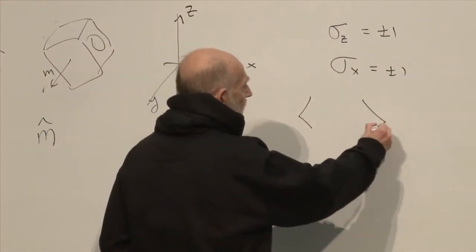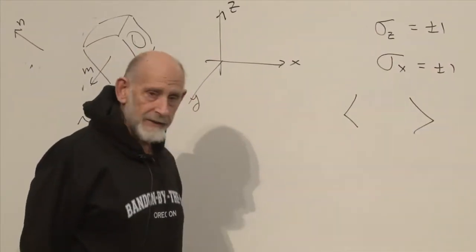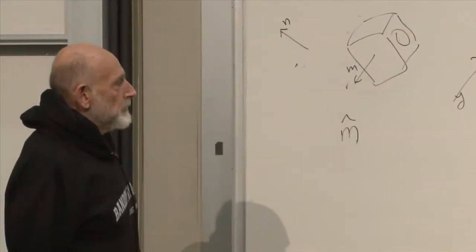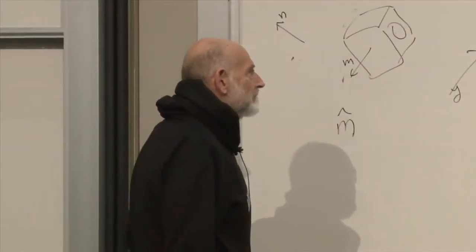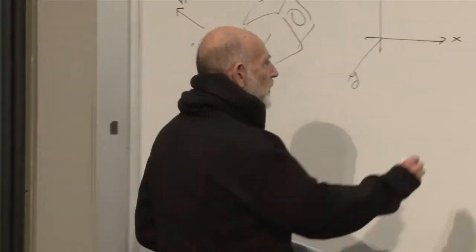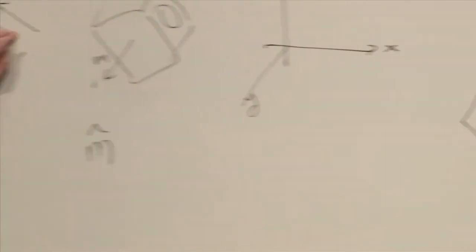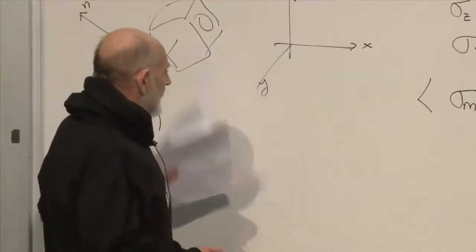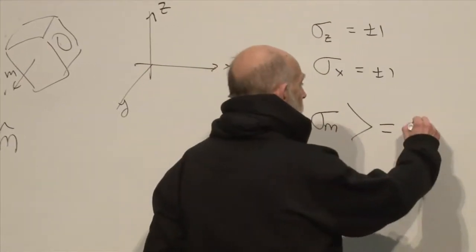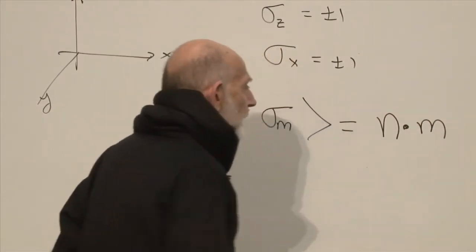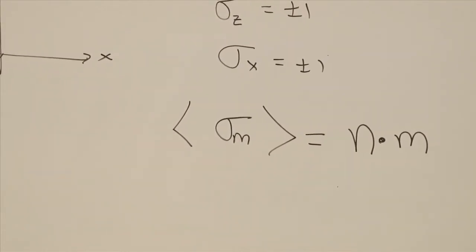The symbol for averages in quantum mechanics is a pair of angular brackets like this. This one is called the bra, this one is called a ket, and the whole thing makes a bra-ket, which is British for bracket. Okay? The average value of sigma m, knowing that it was originally oriented along the n direction and measured along the m direction, is the cosine of the angle between n and m, which can also be written as n dot m, the ordinary dot product of the vectors,